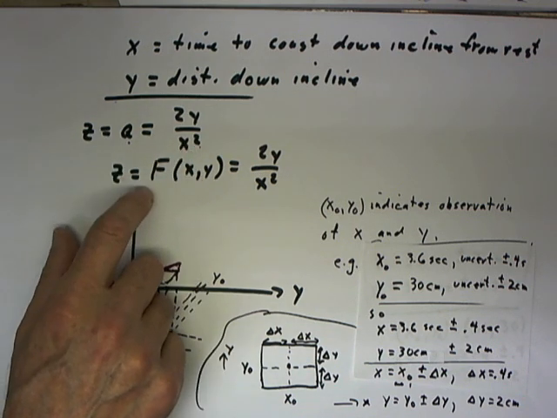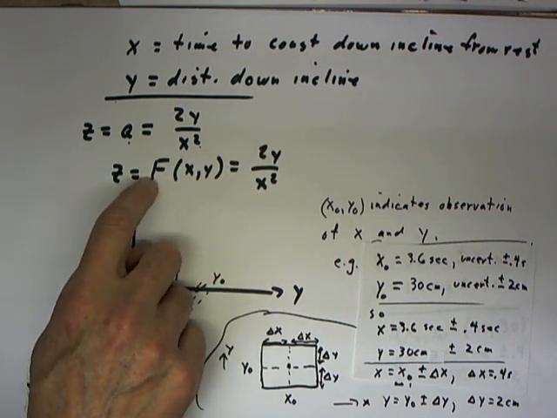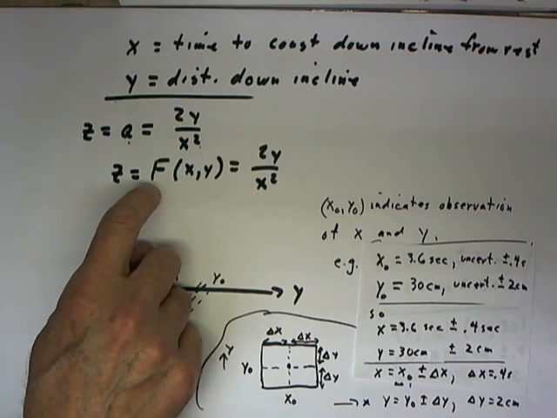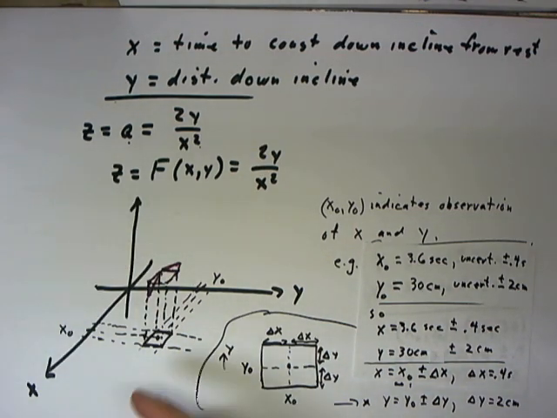F of xy is going to then be 2y over x squared, so that we can refer to the function and its partial derivatives in terms of the f notation. The situation on the graph